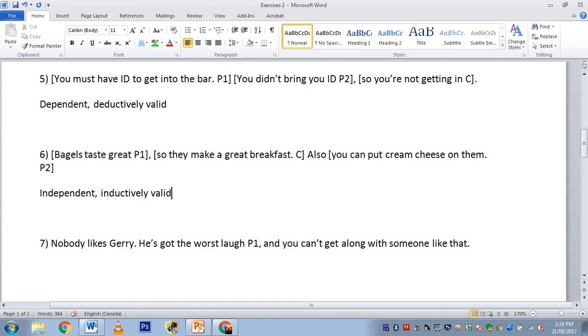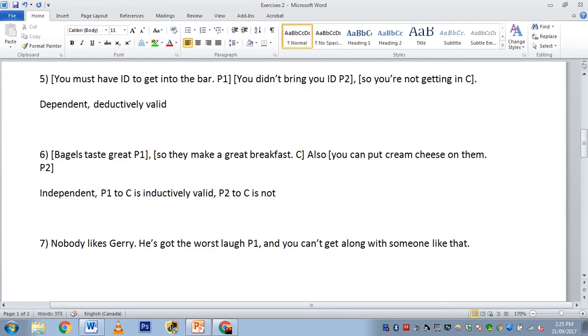So let's go with that. P1 to C is inductively valid. P2 to C is not. Does that sound fair? Yeah? I'm still not sure about P1 being inductively valid to C, because if it tastes great then it's good food, but it's not specifically a great breakfast. Right, right. So what he said is, if it tastes great, that means it's good food, but